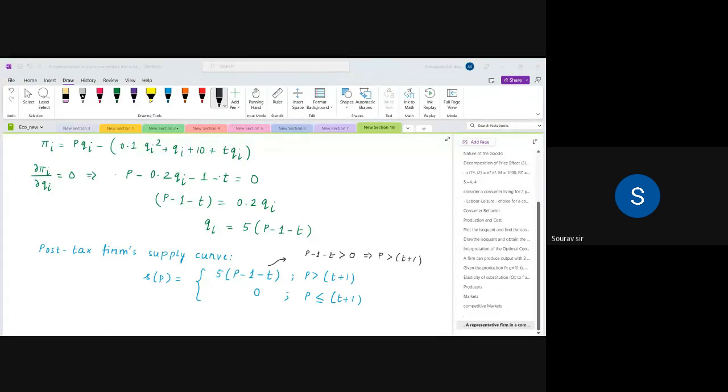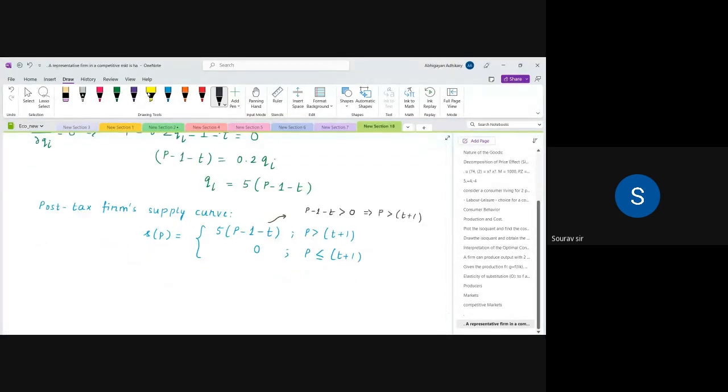I hope all of you are understanding this. So this is the post-tax supply curve of the firm. From here, the market supply curve is derived in the exact same way. So the post-tax market supply curve